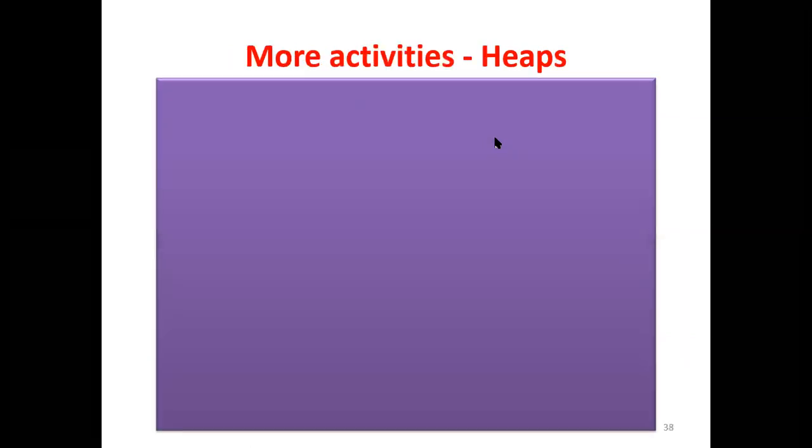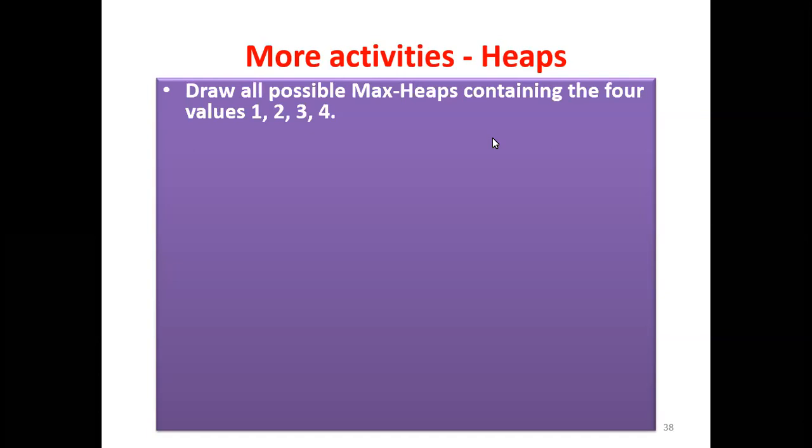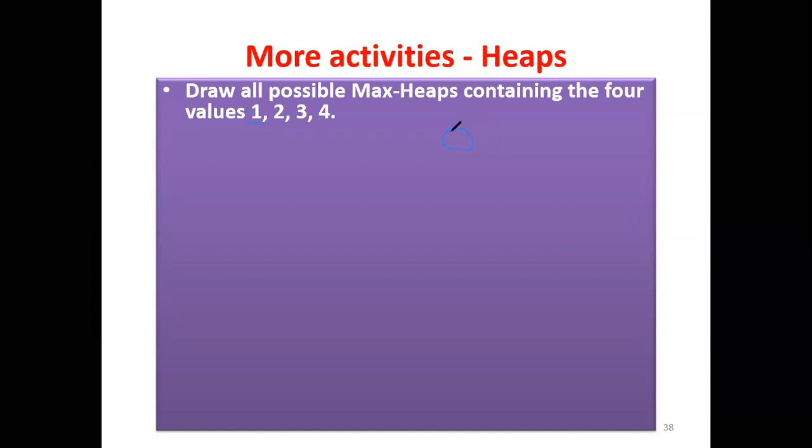Now let's look at more activities. The first thing on the list of the activities is for us to draw all possible max heap containing the four values 1, 2, 3, 4. So now we can perform this by first assuming that this is the first element. And if we have the first element here,